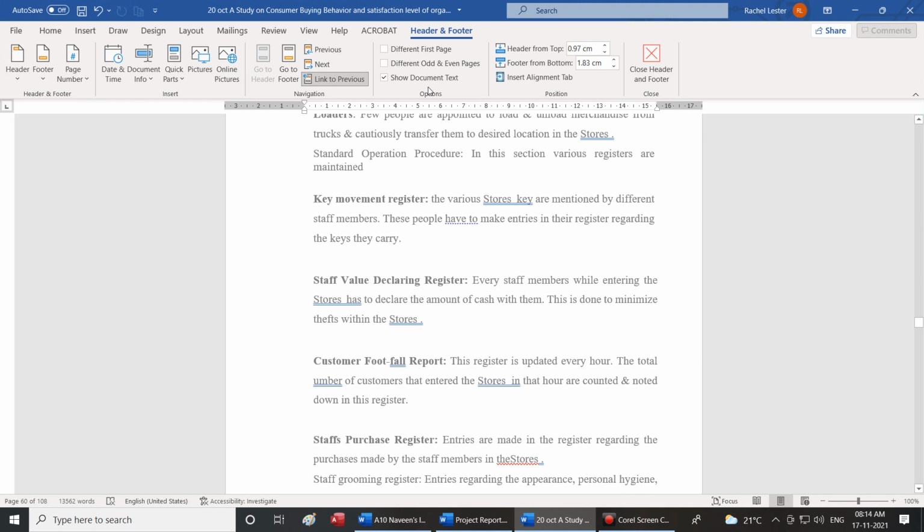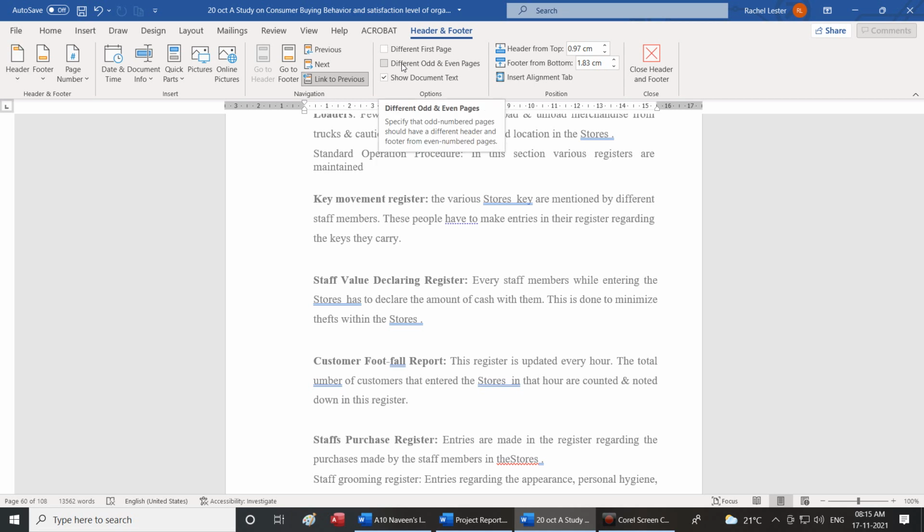The options group has three sub options or tools. A, different first page.